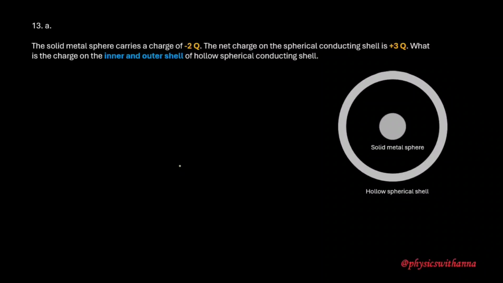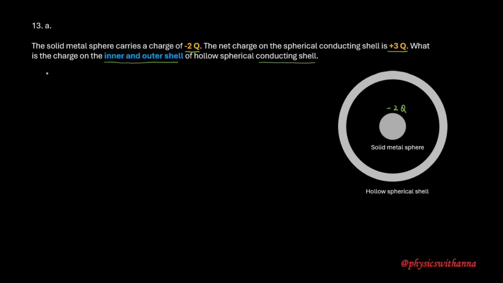Question 13a. The solid metal sphere carries a charge of negative 2q. The net charge on the spherical conducting shell is plus 3q. What is the charge on the inner and outer shell of the hollow spherical conducting shell? So here in this question, they have given you a solid metal sphere which has a charge of negative 2q,